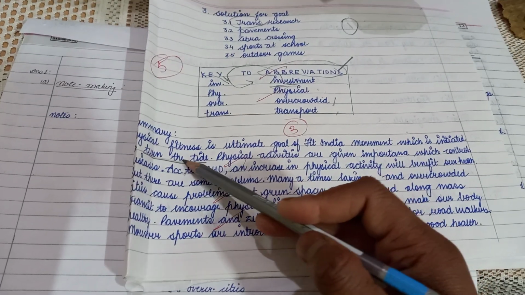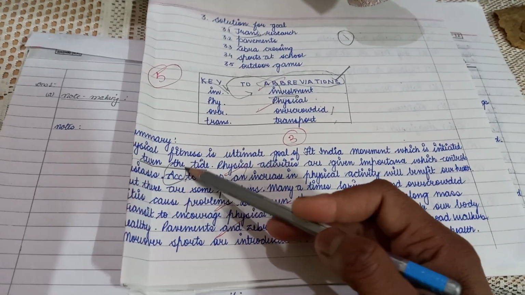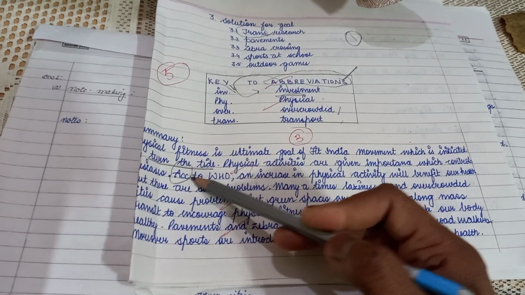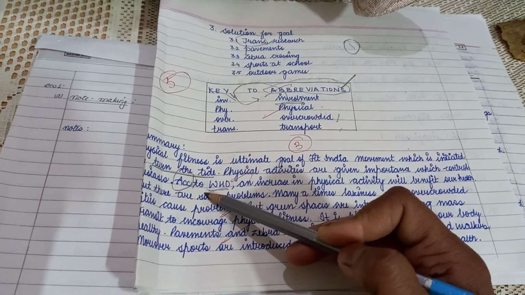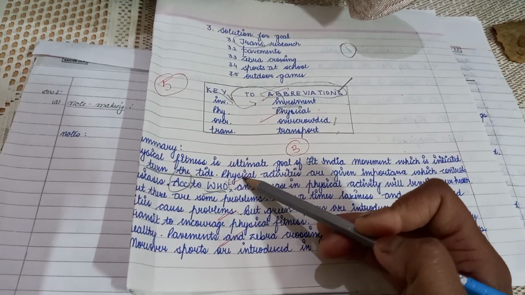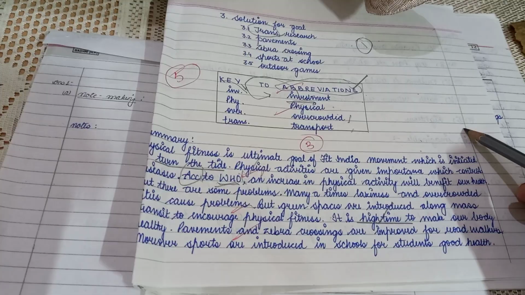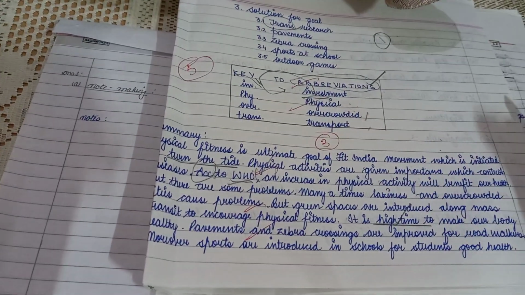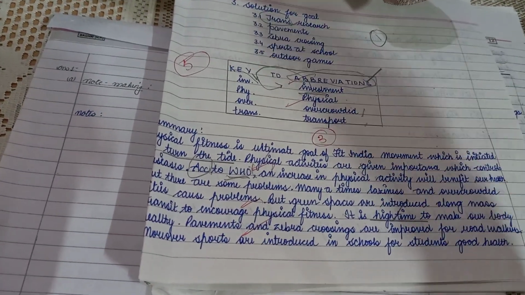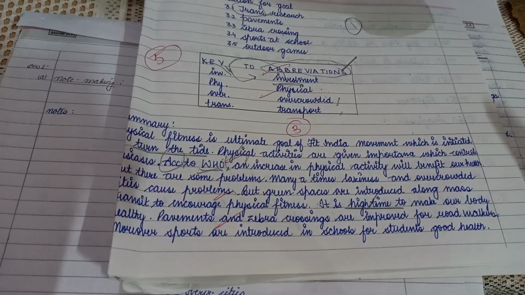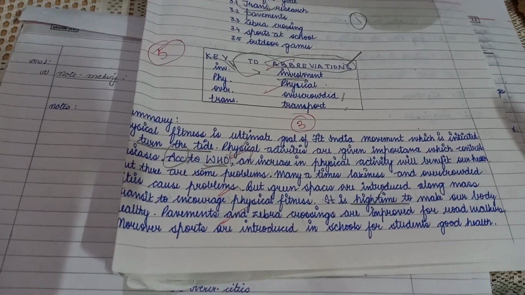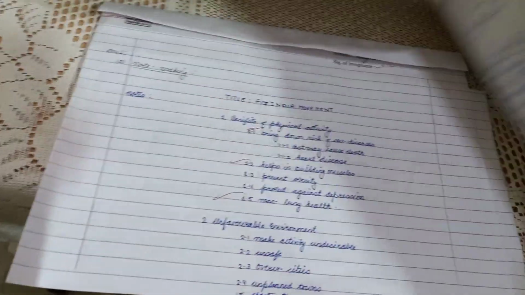If it is a high time, see, the phrases have been used. So "according to", this is wrong. ACC is written, so marks are also deducted for this. So WHO, if you are writing it, underline it and in brackets you can write the full form itself only. And if it is used again, and if WHO only is used in the exam, you can write WHO only. So this is the way by which you can write down the answers for note making. Let's come on to the next one.